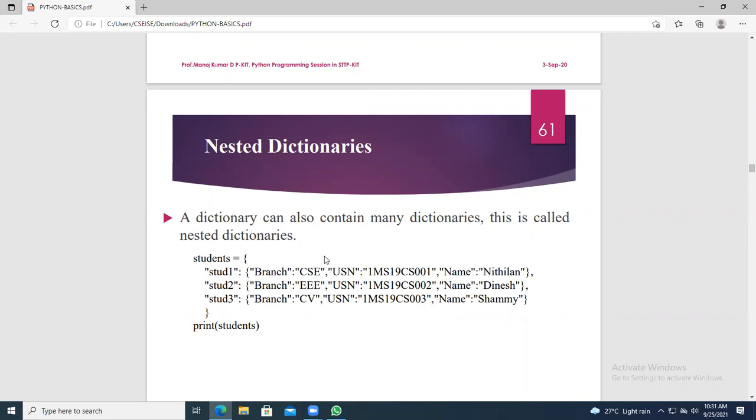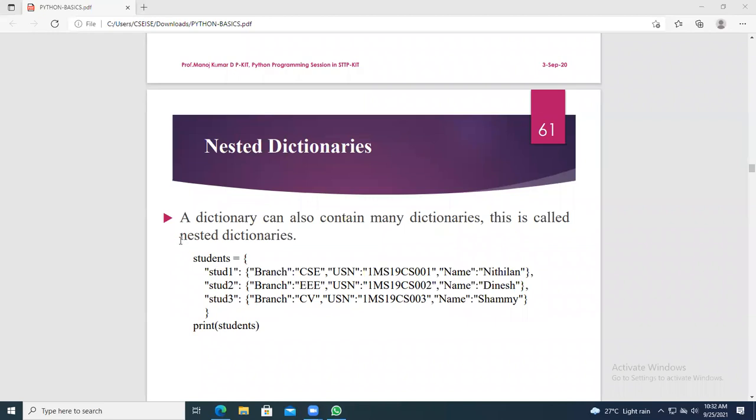What will a dictionary contain? Can anybody tell me? A dictionary will contain key-value pairs.